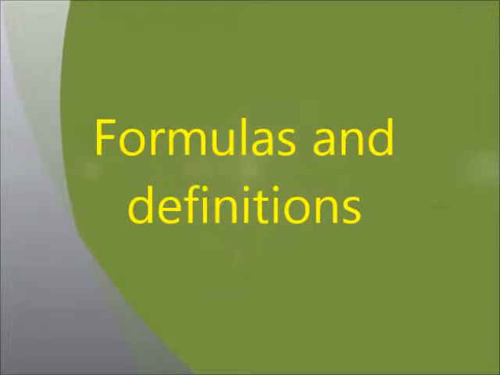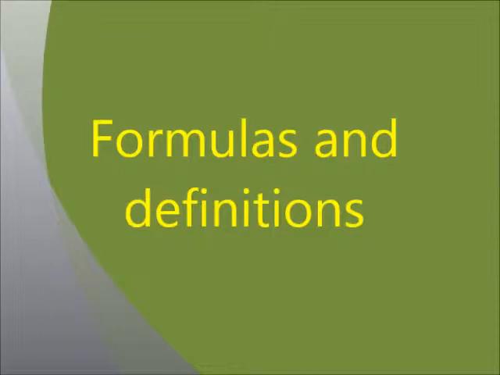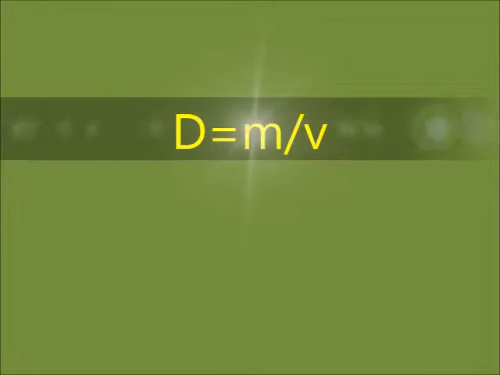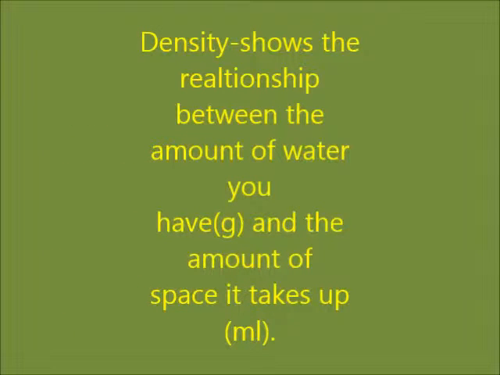Before starting lab, you need to know some formulas and definitions. In this lab, we'll be using the formula D equals M over V, which means density equals mass over volume. Density shows the relationship between the amount of water you have in grams and the amount of space it takes